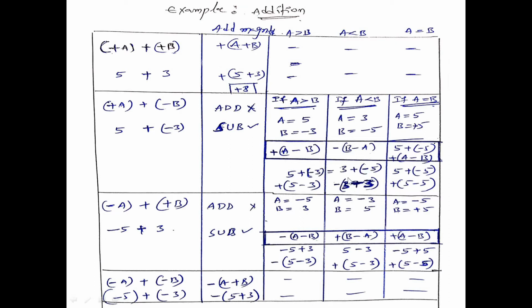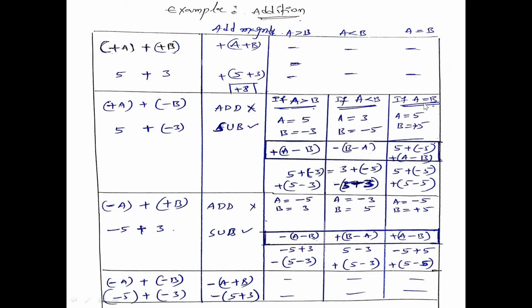That means, if you want to take minus common, this is 5 within the bracket, 5 minus 3. So minus is common, the operation is the same as it is. Minus is common within the bracket, the B minus A representation. The possibility is B minus A. Overall, the sign representation is negative.